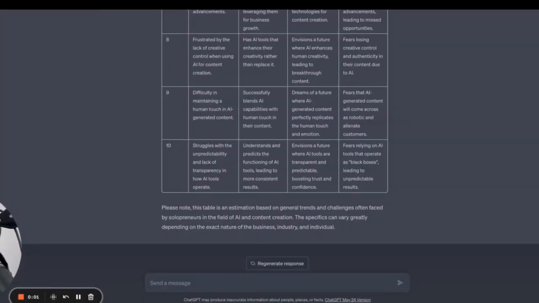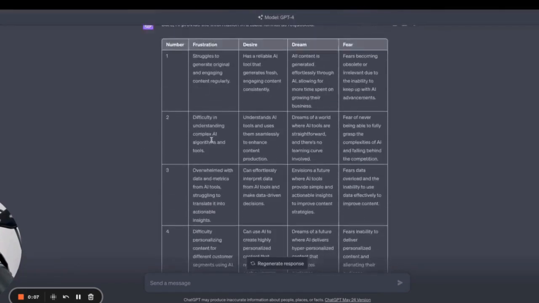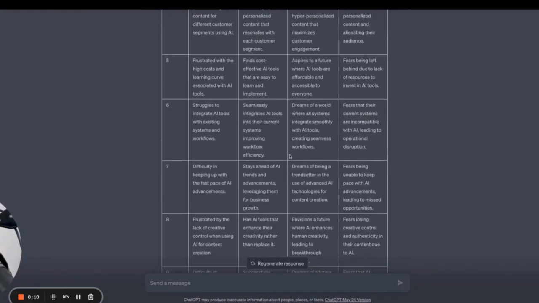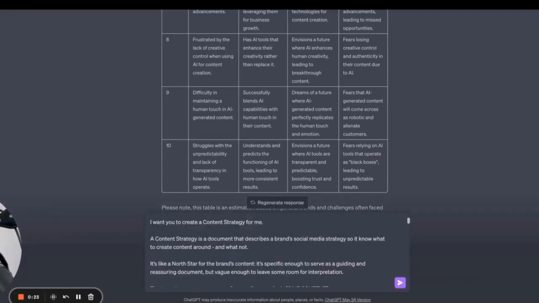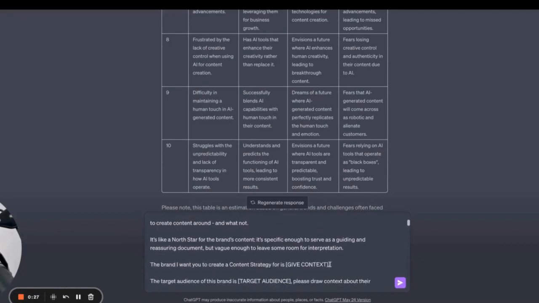Let's get into the content strategy matrix now. And for this one, you will keep the same chat open we just used to find the customer's desires, fears, frustrations, and dreams. And now we paste our next TextPlace shortcut, which will be \AAA01. So let's go, \01. And again, a prompt magically appears. And by now you can already tell that it's saving you a lot of time.